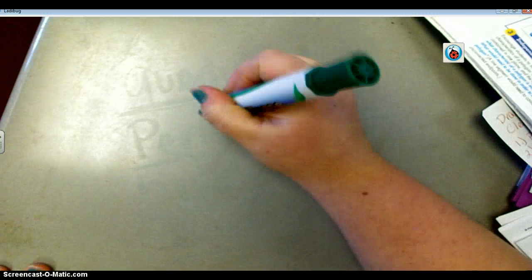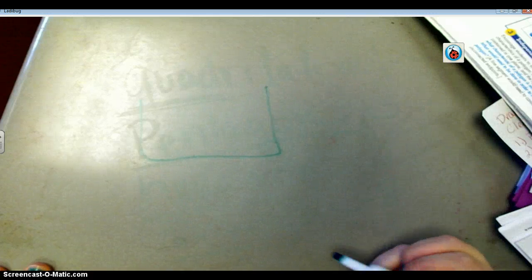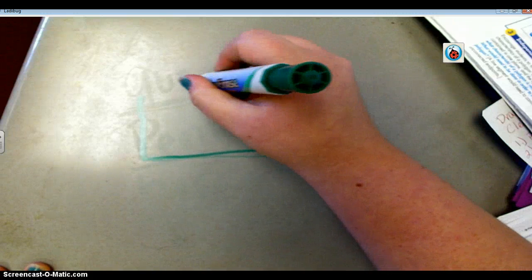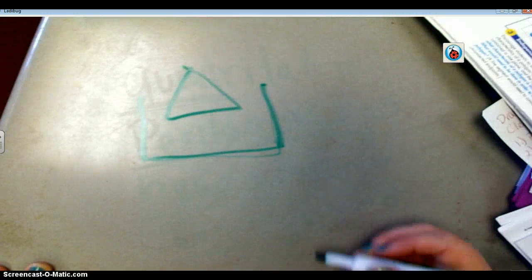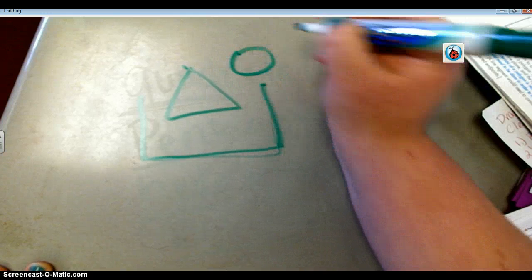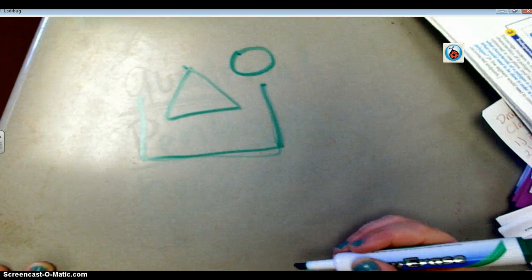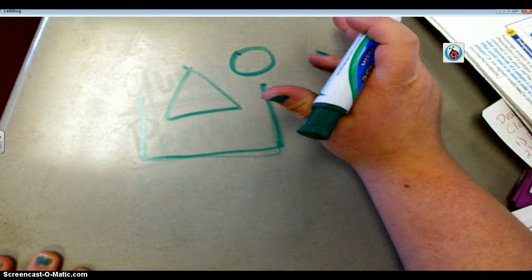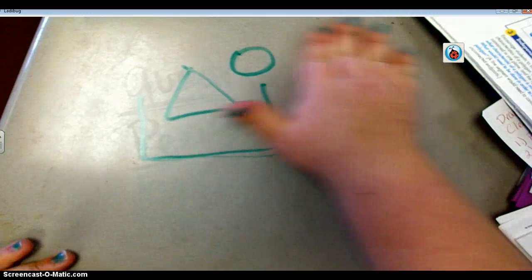All right. Back to me very quickly. We're running out of time. A closed figure, very simply. Is this closed? No. Is this closed? Yes. So it's a closed figure, but it's not a polygon. And then you have your terms regular polygon and irregular polygon. If all the sides are the same length, obviously it's